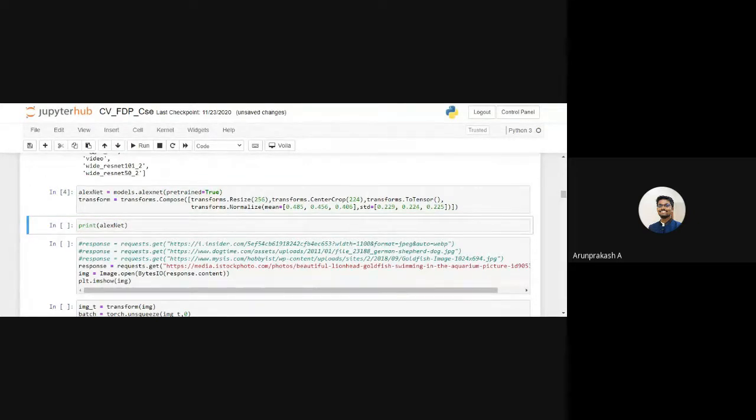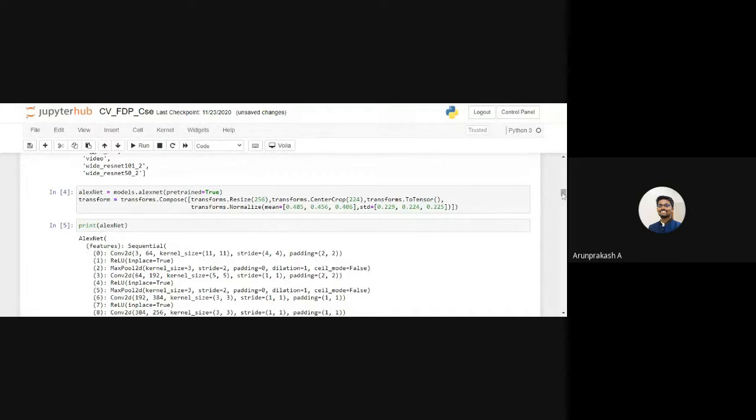Now the AlexNet is loaded into my local system. The entire architecture is now here. If I want to look into the architecture details like we did earlier for our model, we simply print, passing the argument model. Here we are just printing this variable AlexNet, which contains the details of the architecture. So you can see here